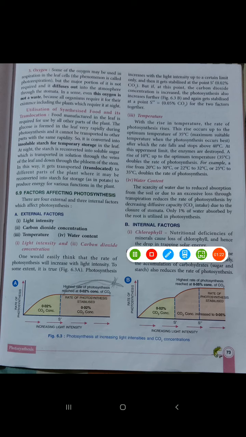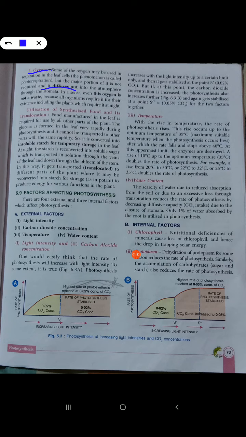Now what happens to the oxygen which is produced? In a way, we can say oxygen is a waste product of photosynthesis, but oxygen is very useful. The oxygen formed diffuses out, and this oxygen is used by all the organisms for their respiration. Some part of this oxygen may be used by the plant itself for its own respiration, a phenomenon which is called photorespiration. Okay.